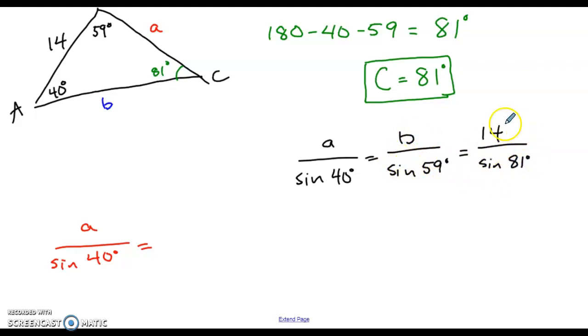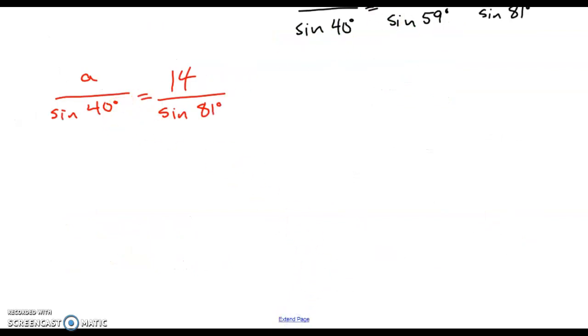Instead, I want to set it equal to this fraction right here because I know all the numbers in this third fraction. And now I've got an equation with only one variable in it. Now I'm going to solve this equation. The way you can do that easily in one step to get A alone is to multiply both sides of the equation by the sine of 40 degrees, because that will get rid of that denominator, and you're left with